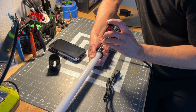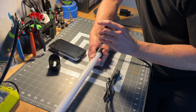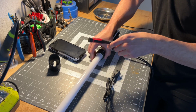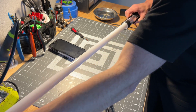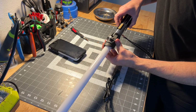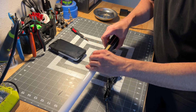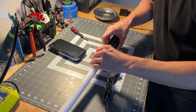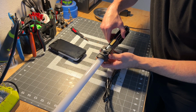While you're holding that blade in, tighten down your blade retention screw until it tightens up and pushes against the blade. Okay, so that will hold the blade in. Then you simply put your shroud back on over the top. Line up the back of it right here with your little clamp card. Go down all the way, and then you just tighten down this thumb screw here to hold the shroud in